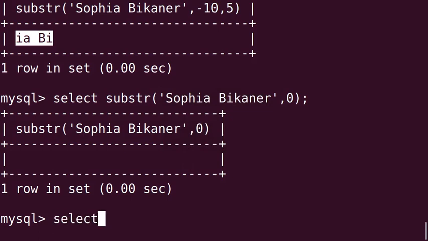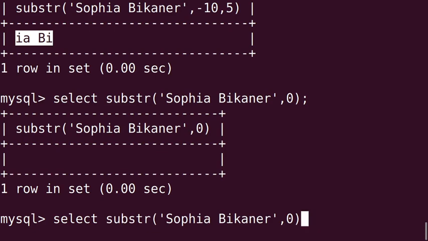Select right, within brackets we can give the same string, and suppose here we give 5.